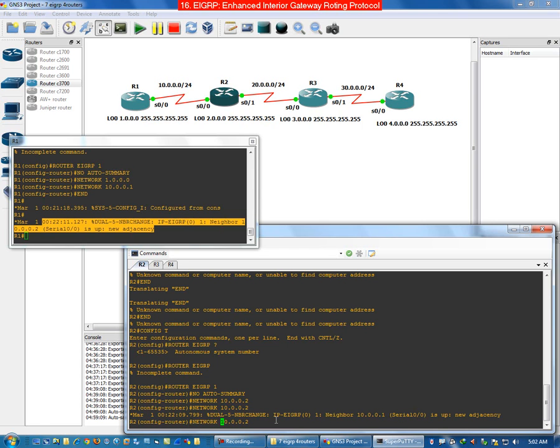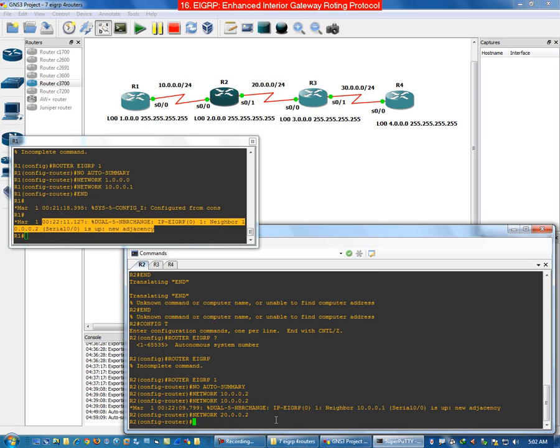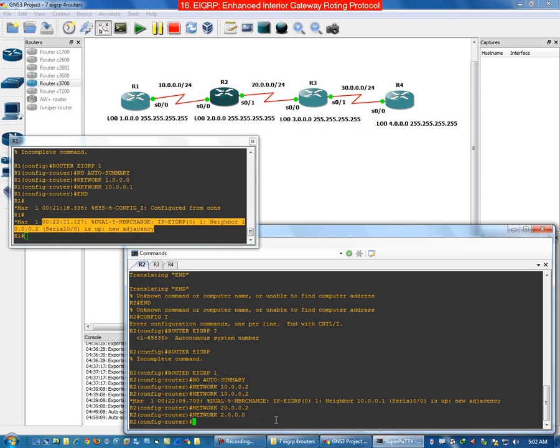It will be 20.0.0.2, and let's do it for the loopback also. It will be 2.0.0, and